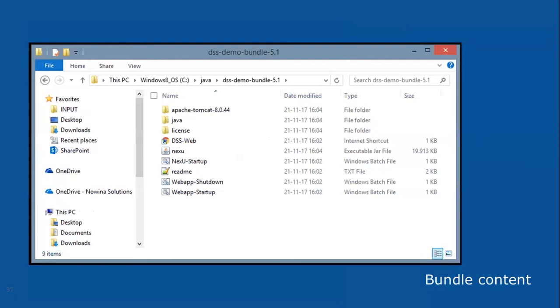The classical startup and shutdown of this Tomcat web server. A Nexu startup to start that small component for accessing your smart card if you are doing this web demo, and the URL of the demo itself.